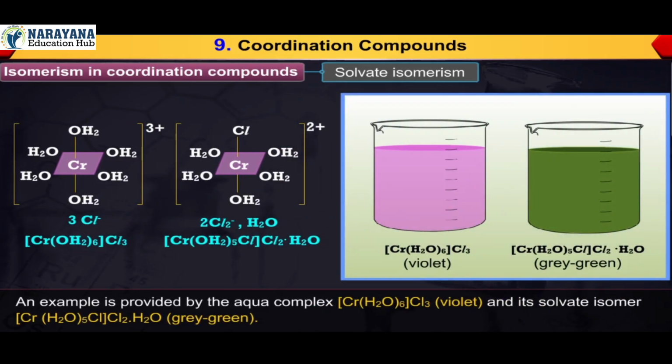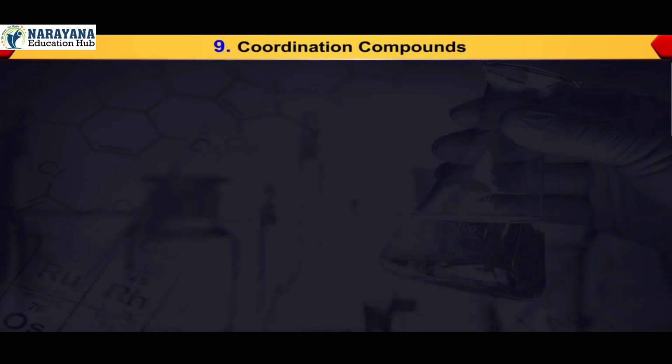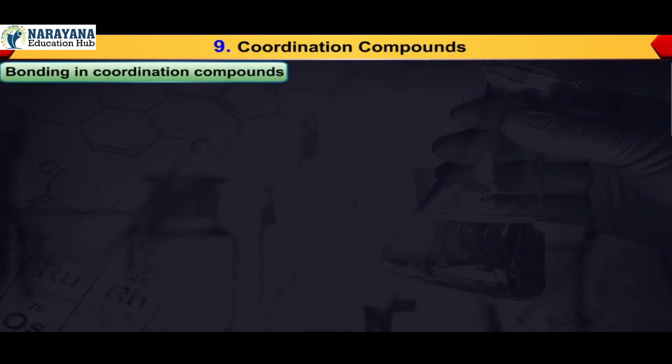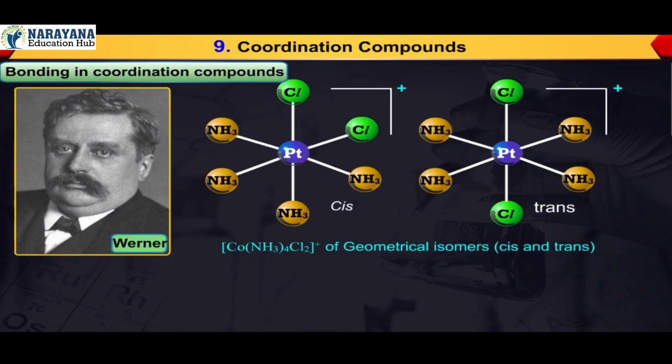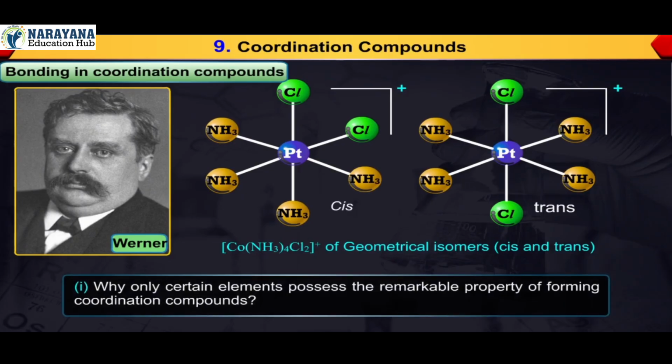An example is provided by the aqua complex [Cr(H2O)6]Cl3 (violet) and its solvate isomer [Cr(H2O)5Cl]Cl2·H2O (gray-green). Bonding in coordination compounds: Werner was the first to describe the bonding features in coordination compounds, but his theory could not answer basic questions like: